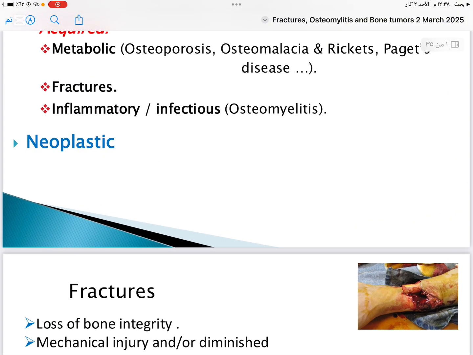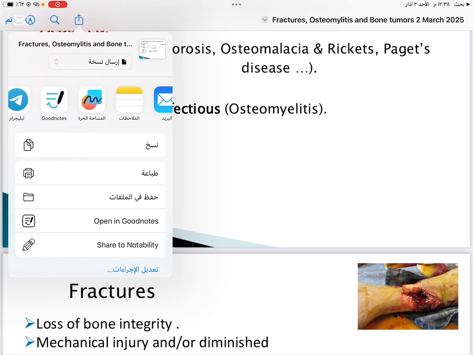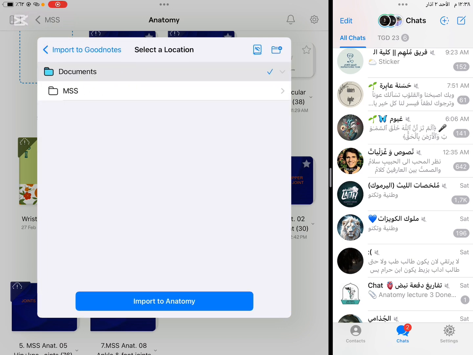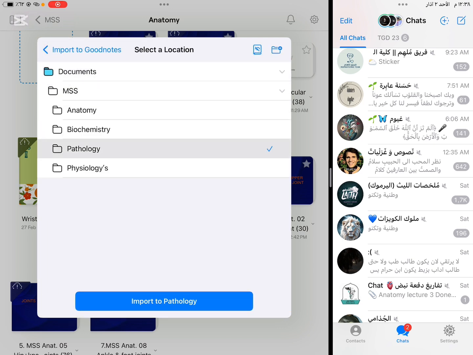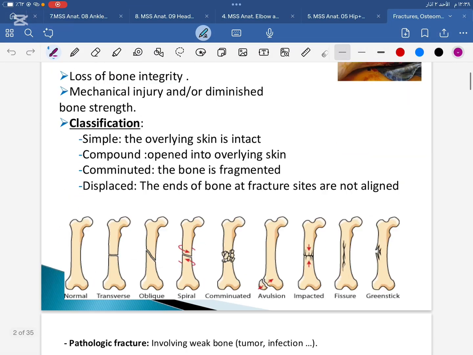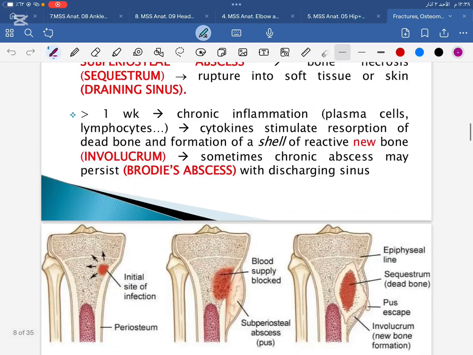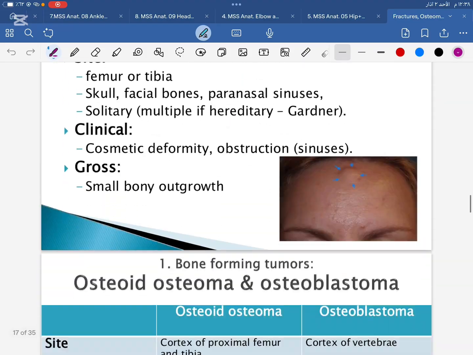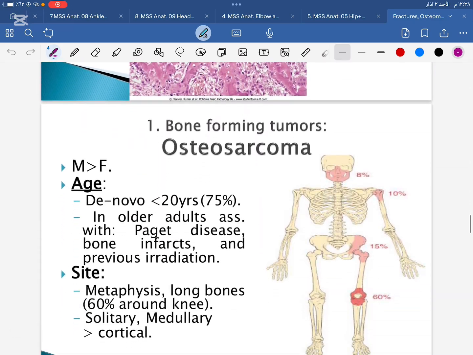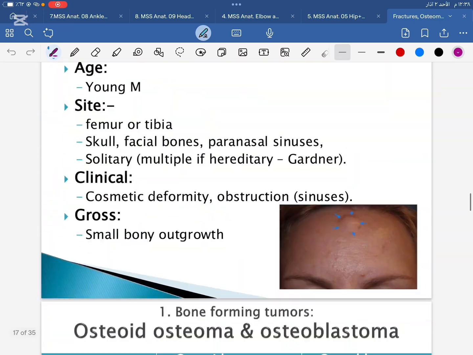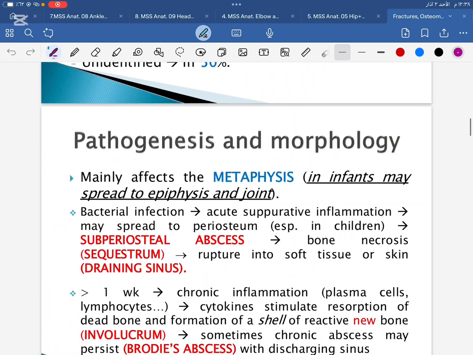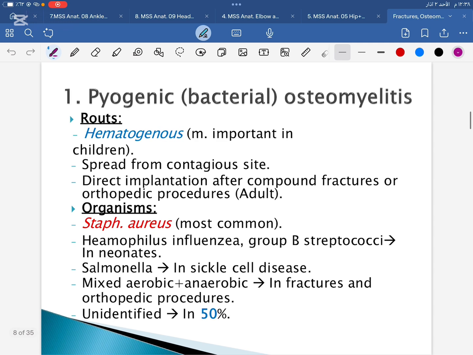So these are all manifestations and morphologies of bony infection. We may see a draining sinus into skin, sequestrum, necrotic bony tissue, and subperiosteal abscess formation. After more than one week, it is called chronic inflammation, where we have an influx of chronic inflammatory cells, which are plasma cells and lymphocytes that will secrete cytokines to stimulate resorption of dead bone. The necrotic bone undergoes resorption, devitalization, and formation of a reactive shell consisting of